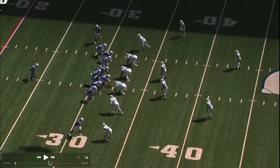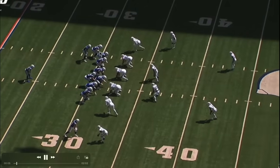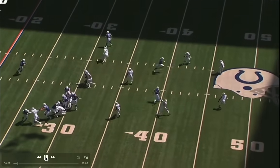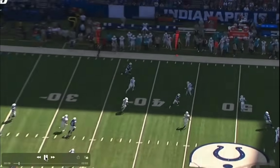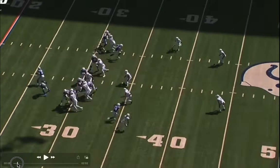But when he's getting that corner sitting back, he's anticipating that corner sinking into a window, which is going to open up Tyler Warren in the flat off this boot action. Little delayed block to get them some space there, and we're going to hit Tyler Warren for a nice productive pickup. And again, one thing we really want to highlight here with Daniel Jones is that he's getting that pre-snap